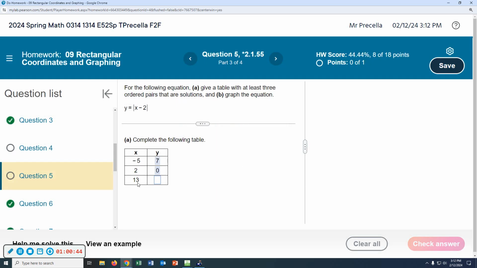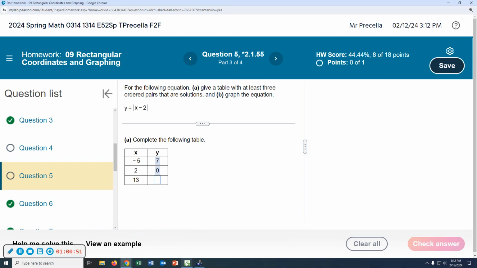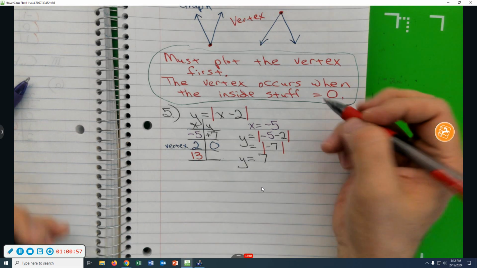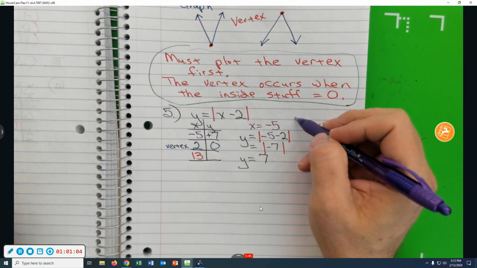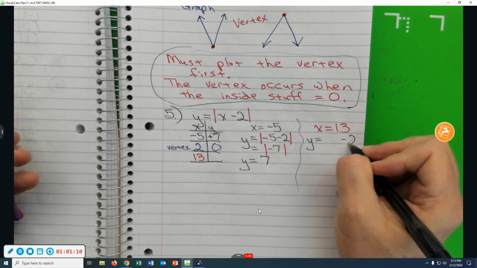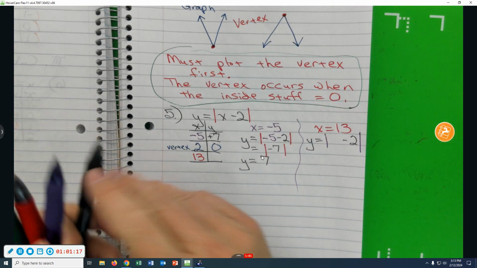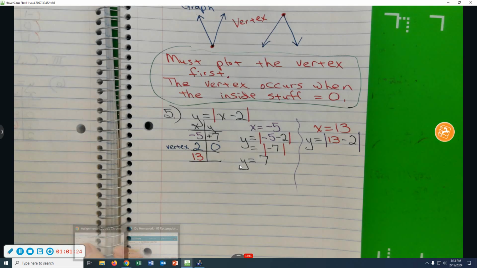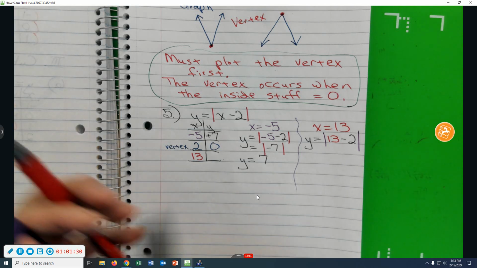And finally, they want us to plug in 13. We're plugging in 13. So we have x equals 13. So y equals the absolute value of 13 minus 2. Wait, was it positive 13 or negative 13? I thought it was a positive 13. Yeah, you're right. 13 minus 2 is 11. The absolute value of 11 is,